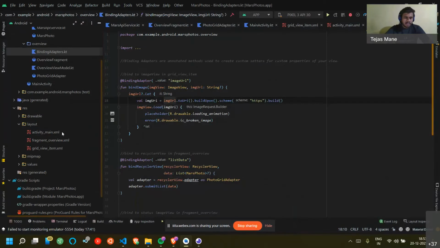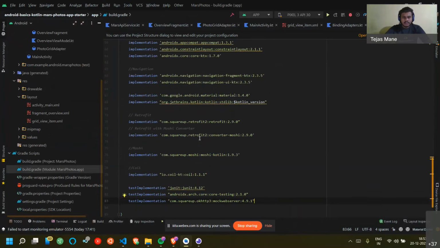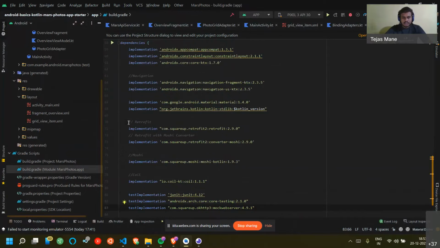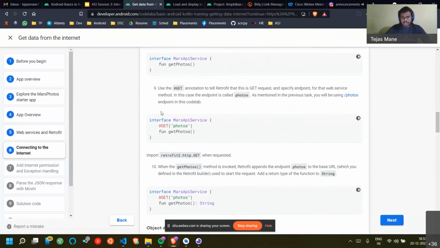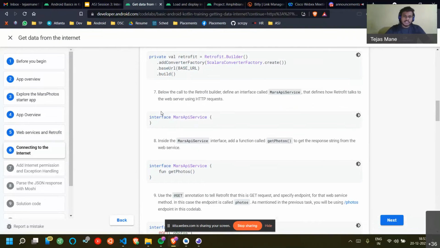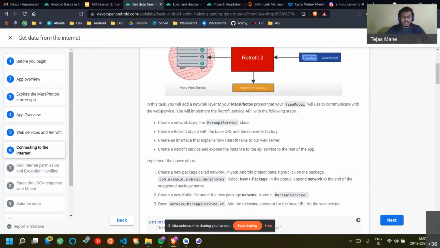So you can see here, in this app level Gradle file, this is the dependency I have added to use the retrofit. If you don't add this line, Android Studio won't identify the retrofit classes, and you won't be able to use the methods in this particular library. So after adding necessary dependencies, whenever you want to use any third-party library, add the dependency in Gradle file.